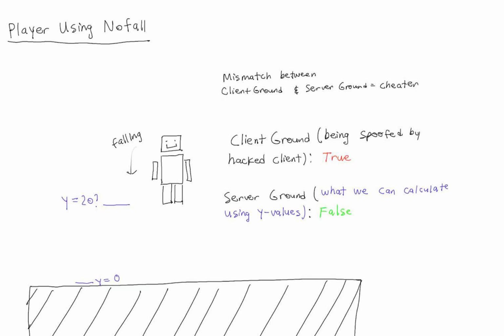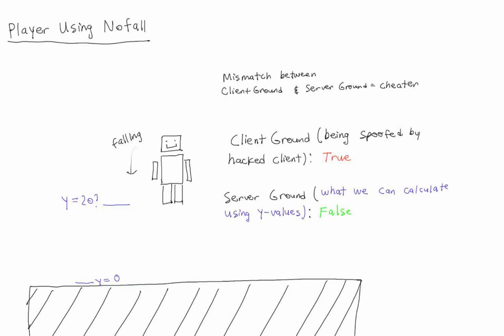How NoFall works is that the client can tell the server that it's on the ground, even when it's not, for example when the player is falling. However, as the server, we can calculate whether the player is actually on the ground or not, using the Y values of its position. Detecting a mismatch between these client ground and server ground states allows us to flag cheaters